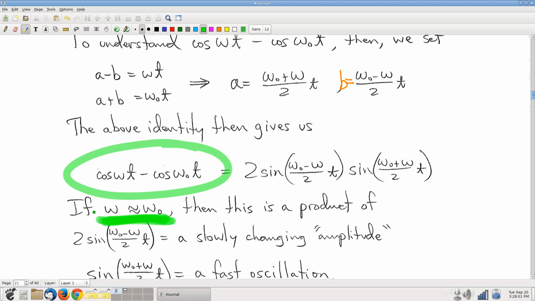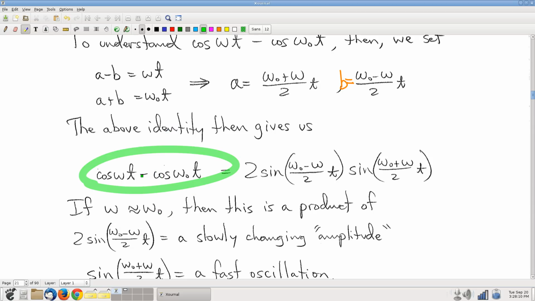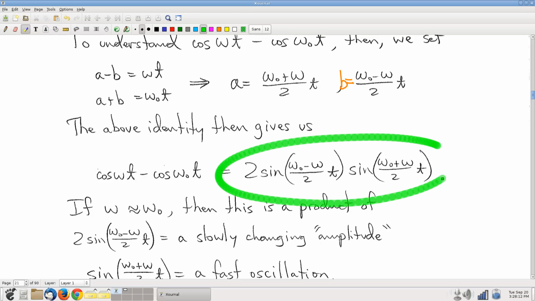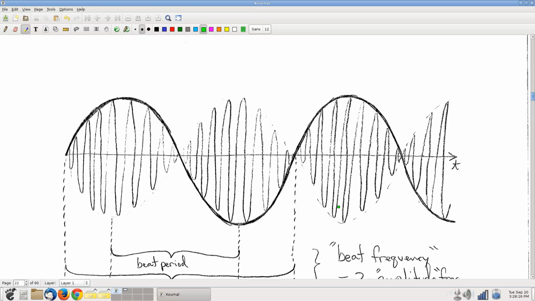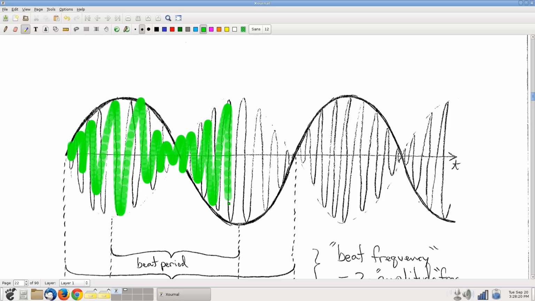So you're creating a sound wave that takes pretty much the form we've written down here. And from our analysis, a difference of two sine waves is a product of two sine waves, and the beat frequency of this resulting sound wave